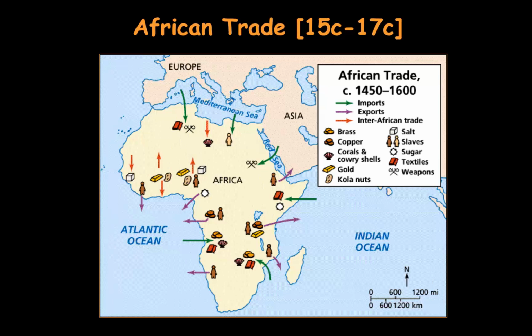So the African trade is something that the Ottoman Empire used. It's something that the early Roman Empire used as well, all the way through its existence, because there's always been a lot of resources and markets in Africa. And so these resources are extremely important to Europe. And Europe, becoming more and more industrialized, is going to need more and more of all of these products. Everything from brass and copper all the way down to textiles and sugar and slaves, right? These are all parts of what Europe needs to be able to manufacture things. And then Europe can sell their products back to Africa and other places as well.